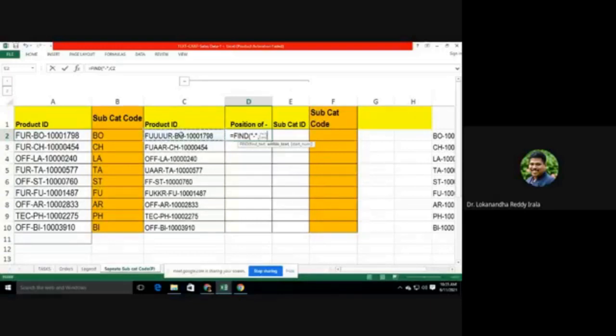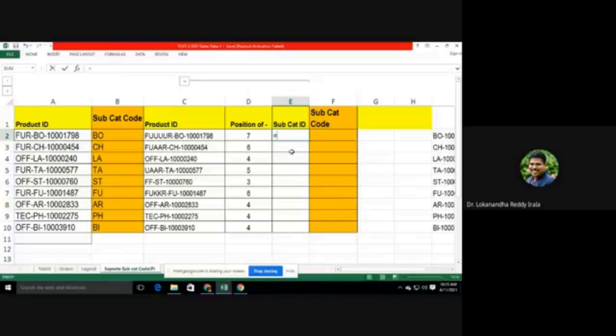This is the text, and starting from where? Starting from first character. Starting from first character, where is my hyphen? Brackets close. Now you get that as 7. So find hyphen in this text and start counting from the first character. Then now I know that the 7th character is the hyphen, 8th character is the B.